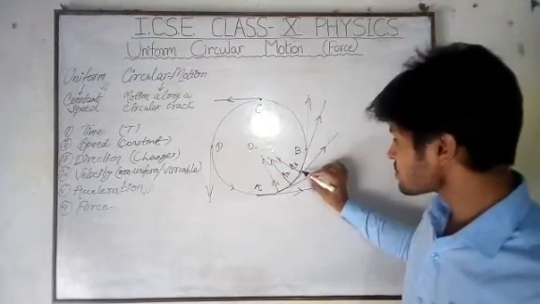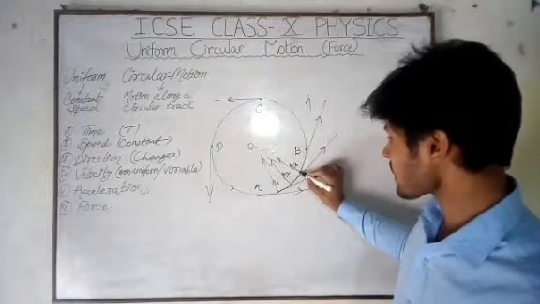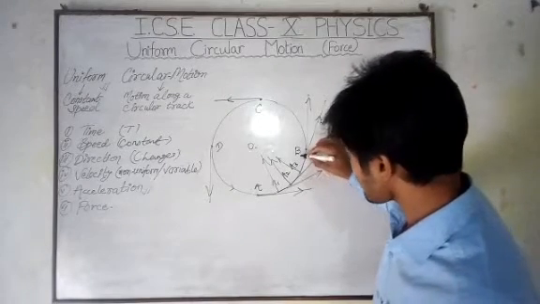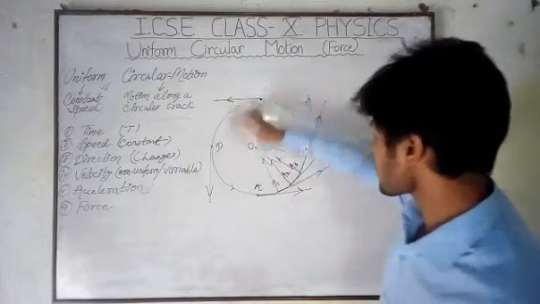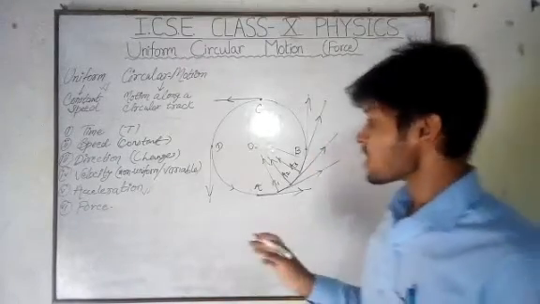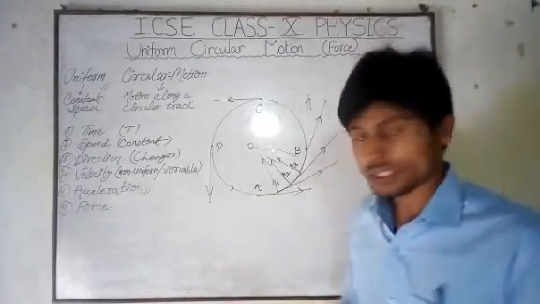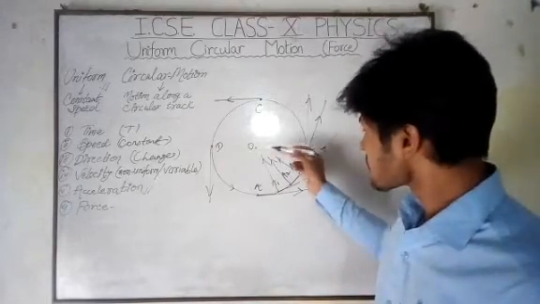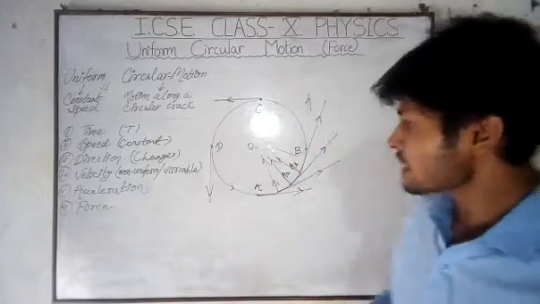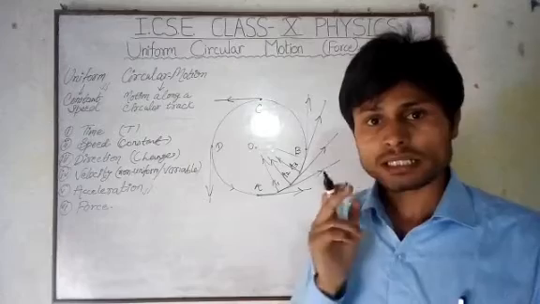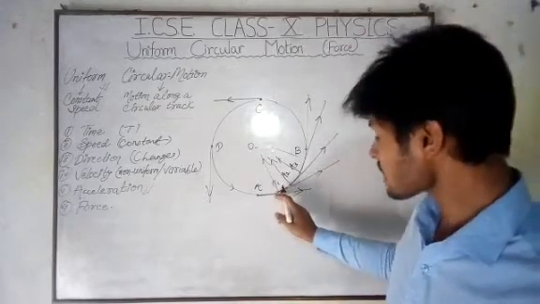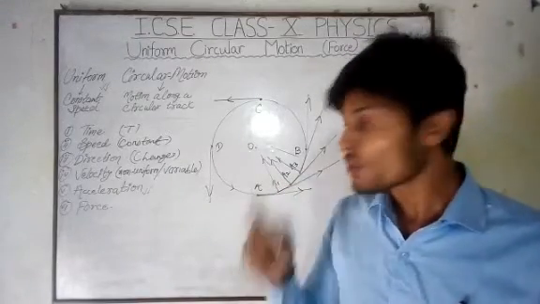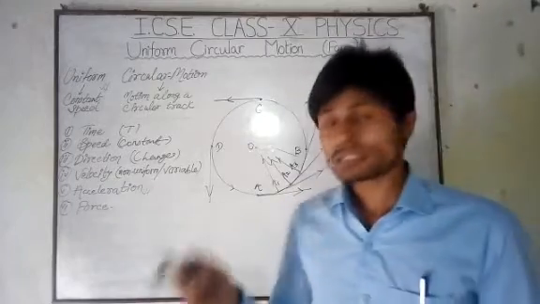Suppose we consider the point A3. When the particle leaves the point A3, an acceleration acts toward the center of the circular track, and the direction of the velocity changes, and the direction of motion also changes. If there is an acceleration acting toward the center of the circular track, then there must be a force acting on the particle that moves along the circular track, to change the direction, to change the velocity, to accelerate the particle.